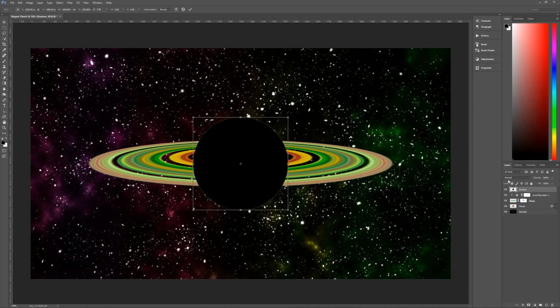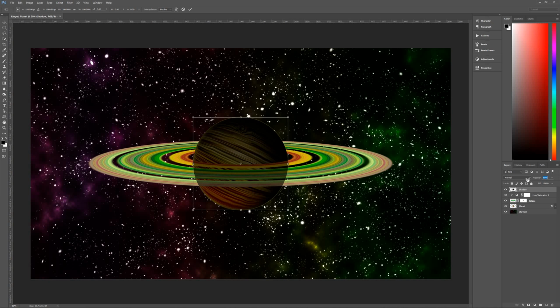I forgot to mention this, but it's easy enough to do. You don't have to come out of transforming. You can still change the opacity while you're in the transformation mode just by clicking on opacity and scrolling down until it is about 50%. So 50% looks good. You can see through it, so that's how we will know exactly where our shadow is